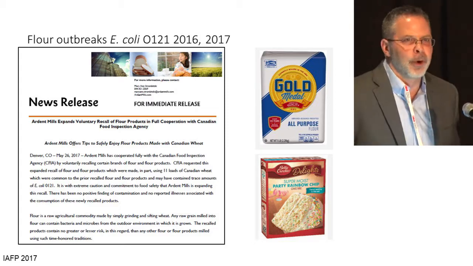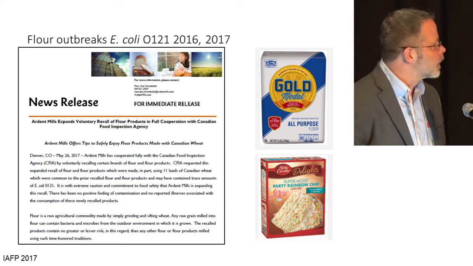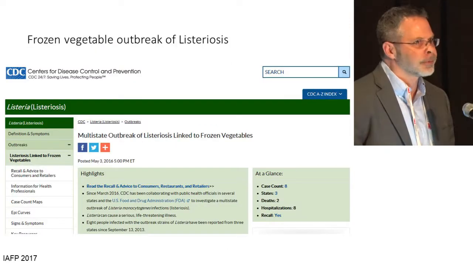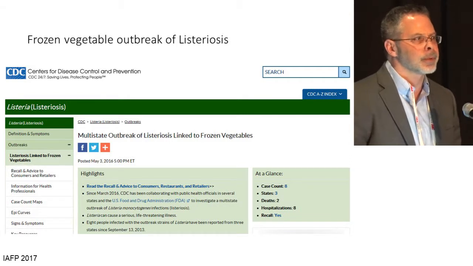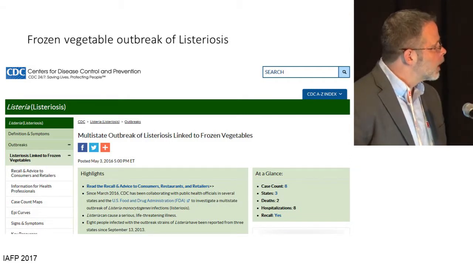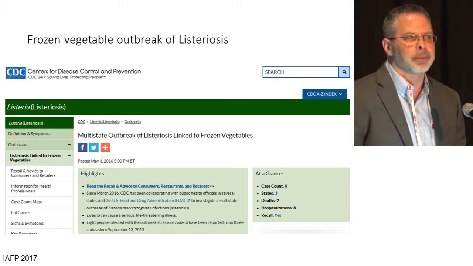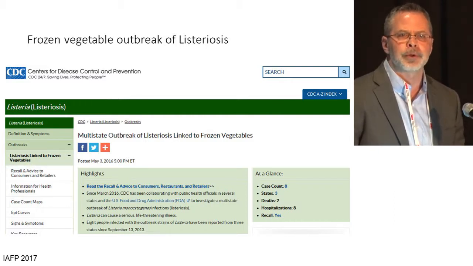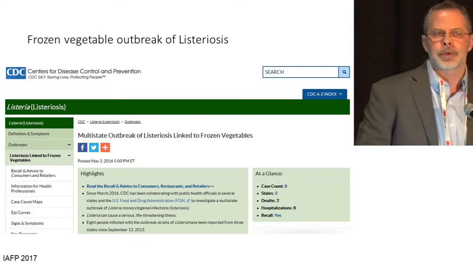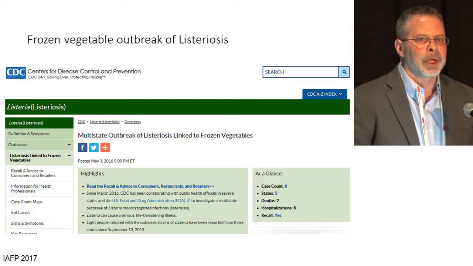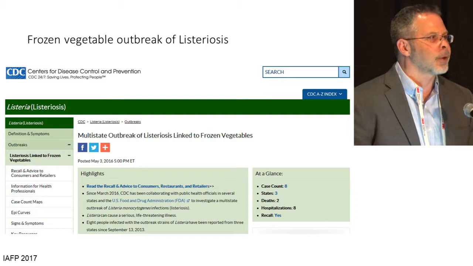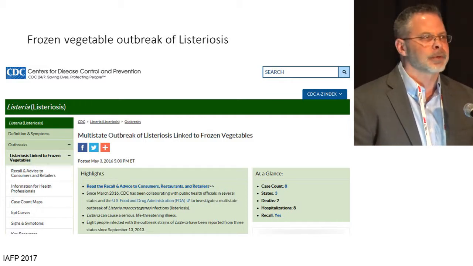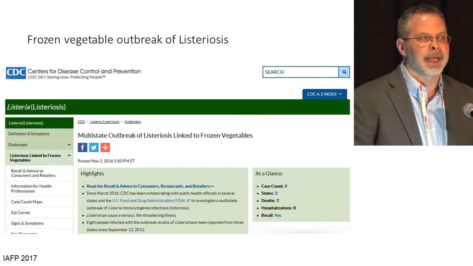Another recall that was notable and kind of a game changer was an outbreak related to frozen vegetables. There was a couple manufacturers that were associated with this in Washington State. And up until this point, there'd really been no documented illnesses related to frozen vegetables. But there was a discussion as to whether how frozen vegetables were being used, and whether frozen vegetables and similar products were being used inconsistent with how they were labeled. So they were labeled with cooking instructions that were validated, but nevertheless people perceived these products as being something that didn't need to be cooked.